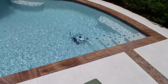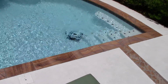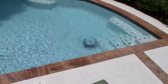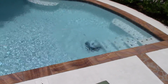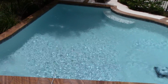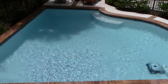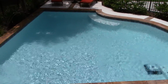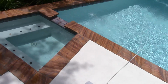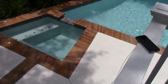I'll keep it on here for a little while I'm talking, and you may see it climb the wall, or you may see it hang around the steps for a little while. It's going to do whatever it wants to do. They operate on 3-hour cycles. I tend to run mine about every other day, and I think you can see just how nice the pool looks. Now, one other thing I want to do is go over here, and I'm going to turn on my pad,